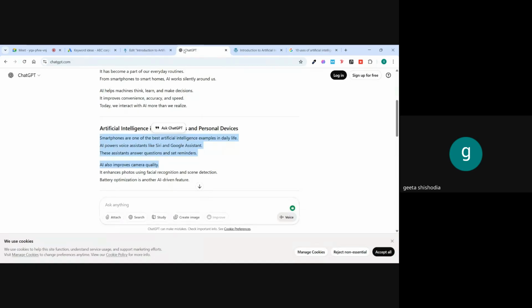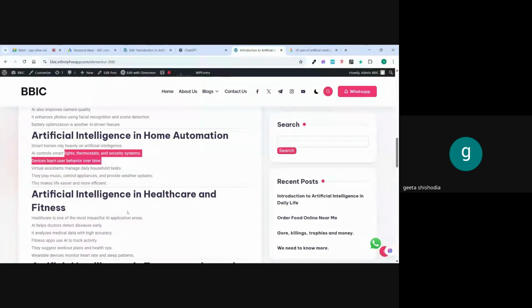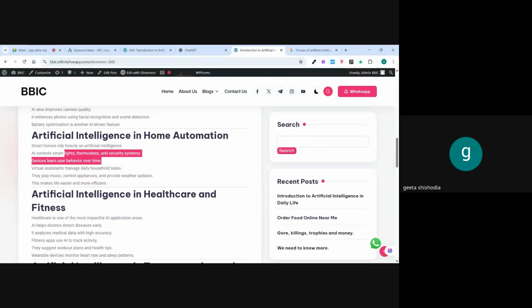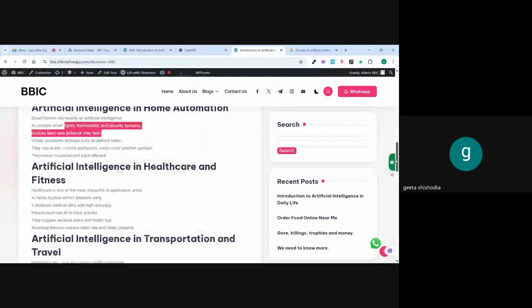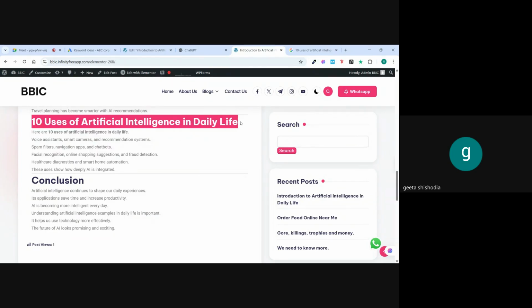After posting, when people are searching for a keyword that you have used in your content, for example, people are searching for 10 uses of artificial intelligence in daily life, and you also have used this same keyword, then Google will show your content on the top of the page,